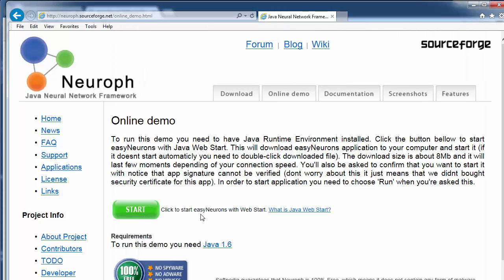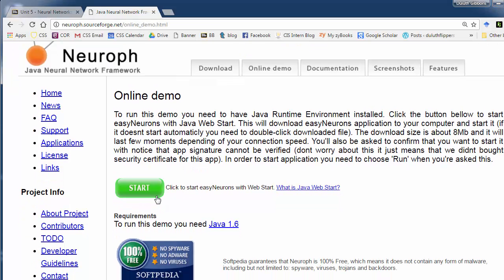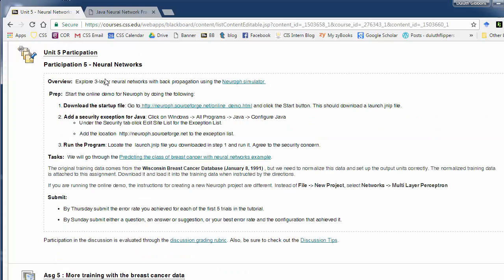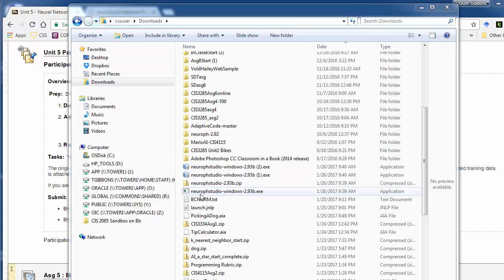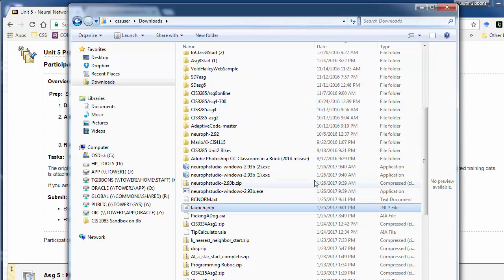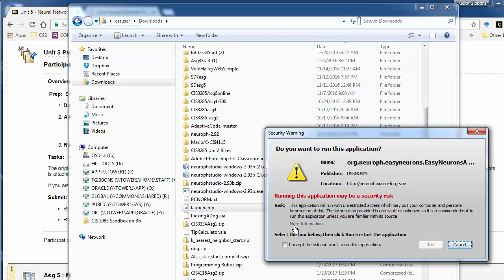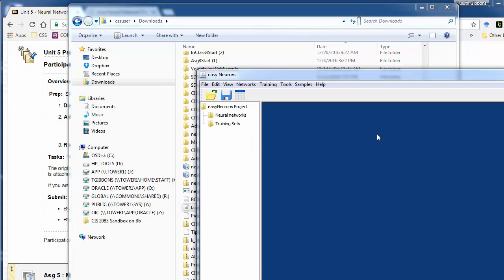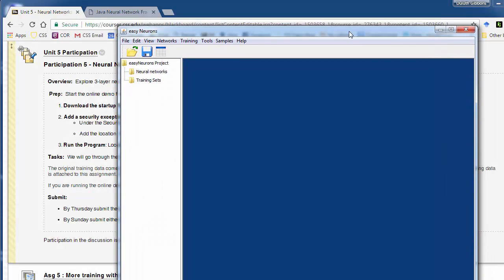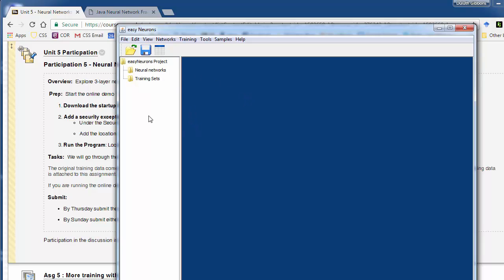So again, Internet Explorer, it should basically start from there. Like Chrome, I haven't tried Firefox or Safari, but they should do one of these. So it downloads the launch file. So here's what I say. Download the launch file and run that if needed. So I can go run the launch file there. So here's my launch file, and I can just double click on that. Assuming I have Java installed on my machine, I can run that. Now, you may be asked if you want to run this application, say yes, and run it and get to this point. Now, we've run into some places where, depending on your security settings, this won't run at